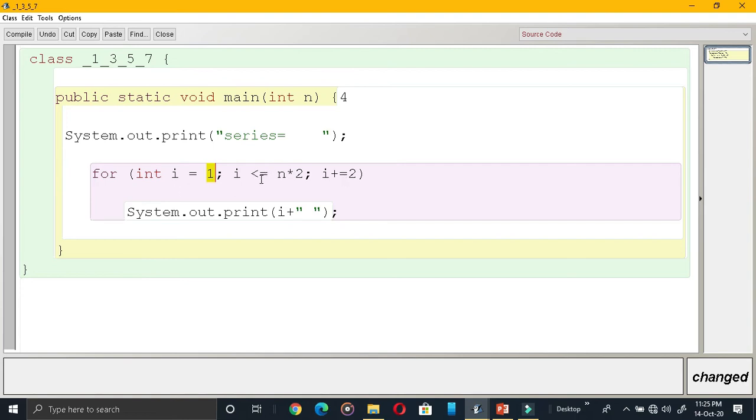Condition is true, 3 will be printed. Then i plus equals 2 again, that means 5. 5 will be printed. Then i plus equals 2, 7. 7 will be printed. Then see how many terms I asked? 4 terms. So that way it will print.